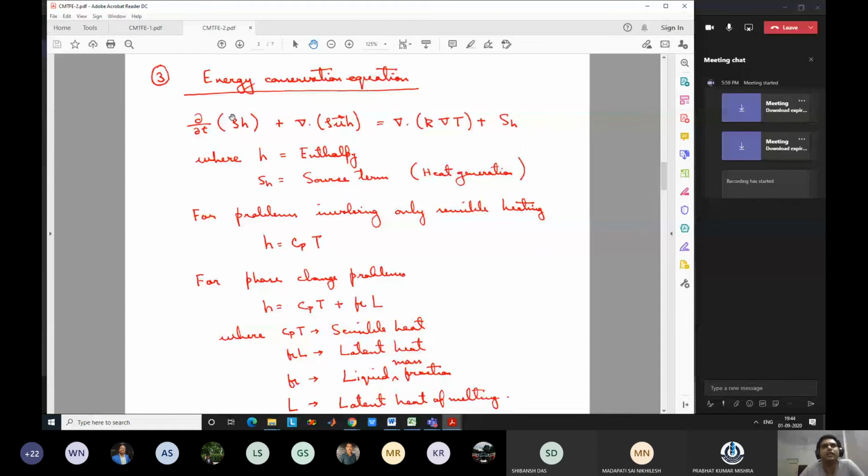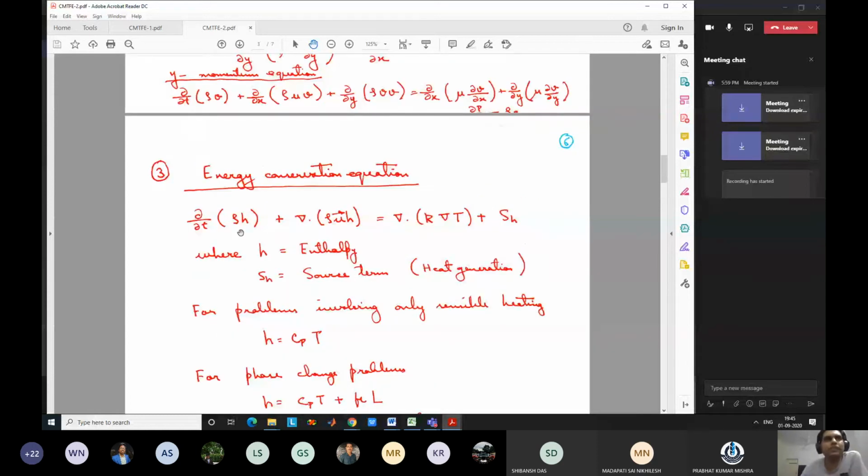Energy can come in with some flow. So some fluid is coming into the domain, so obviously it will carry some energy with it, right? So what is that quantity of energy? That is given by the second term, which represents that, in differential form, del dot rho u h. Again, you can derive all this using a simple control volume and doing an energy balance. Then you have to do some algebraic calculation. You have to divide all the sides by delta x, delta y, delta z, and you will get this differential form of the equations.